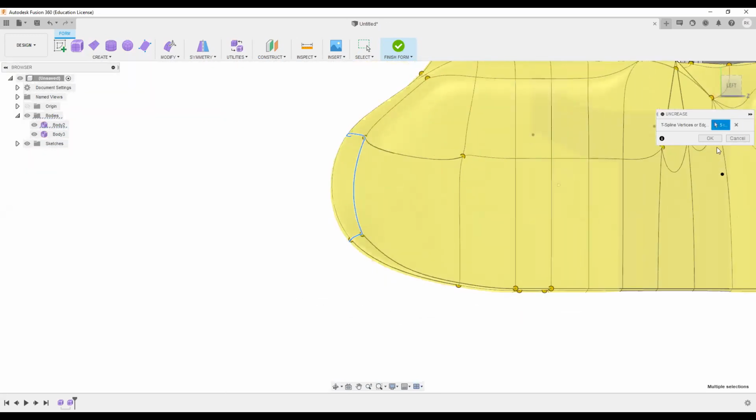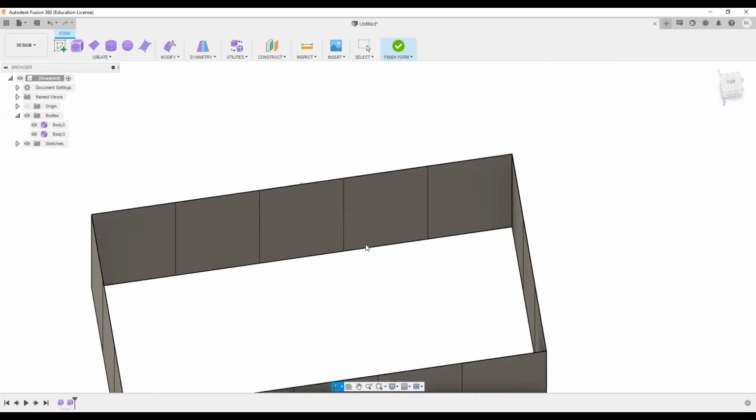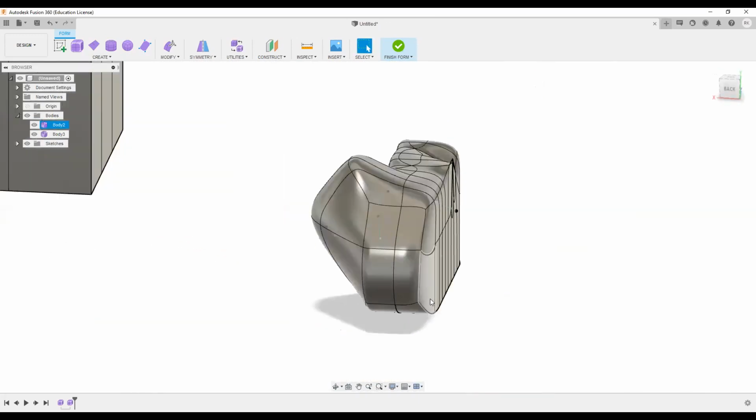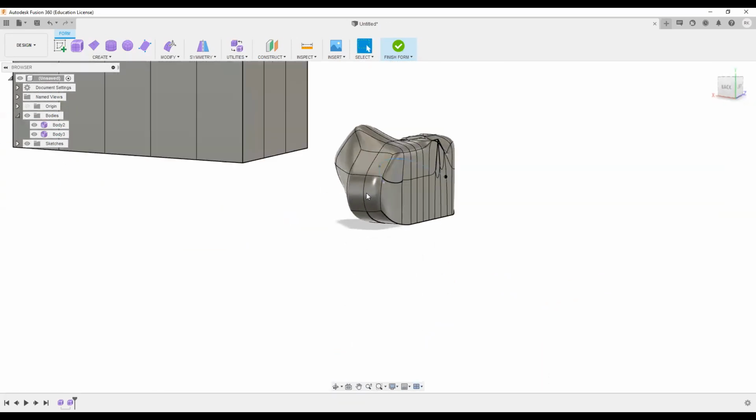We can increase that, so we can see again that the particular area has become a curvy thing, and not a boxy kind of look.